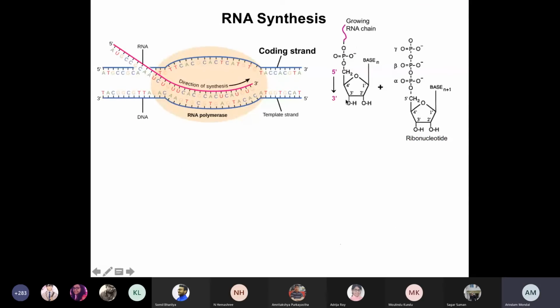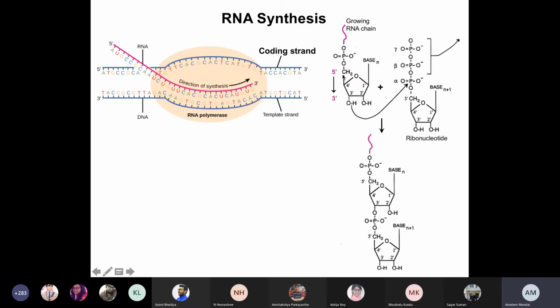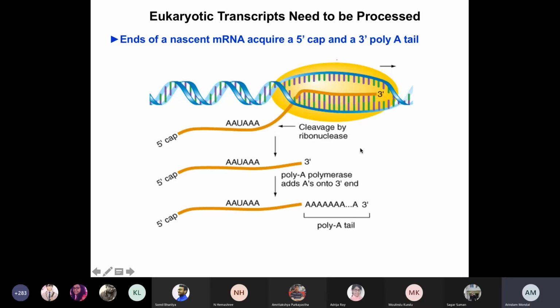Okay, usually when the nucleotides are getting added into the growing RNA chain, it always gets added from a 5' to 3' direction. So this is the 5', this is the 3', and the 3' is attacking the 5' end and is getting incorporated. So always the NTPs are getting incorporated from a 5' to 3' direction. But in case of the cap, what happens is GTP is added in the opposite orientation, so that it cannot be elongated in the opposite direction. So that makes a stop.